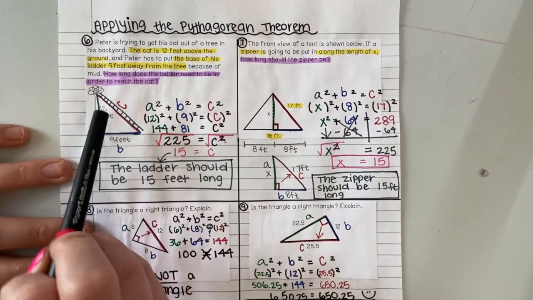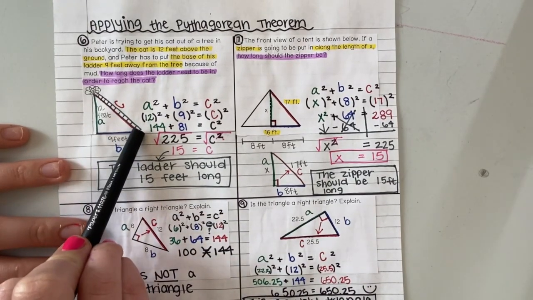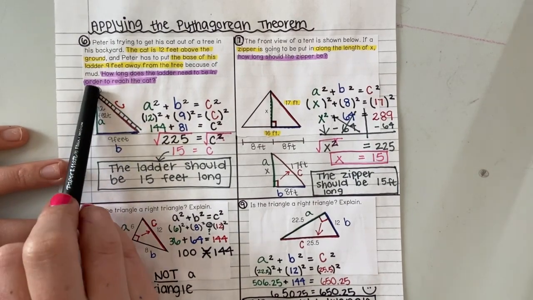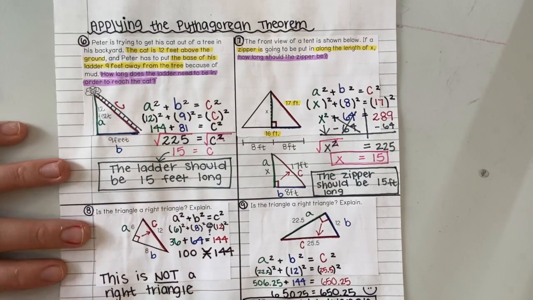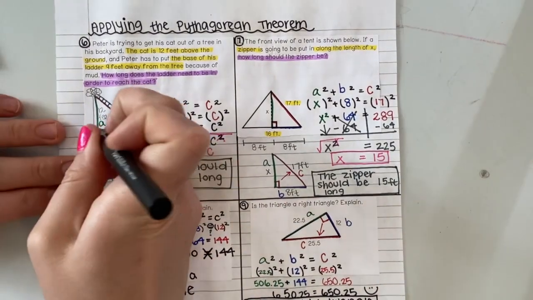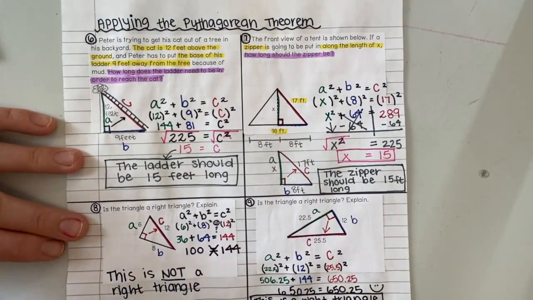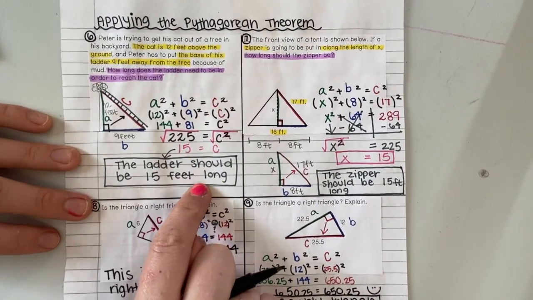So I drew a little picture. We know the height of the cat in the tree, the distance the ladder must be placed from that tree, and then that the ladder is going to be leaning against the tree to get the cat. This is a Pythagorean theorem problem because this is our right angle right here, which means that the length of the ladder is C. I'm going to solve, and the ladder should be 15 feet long in order to reach